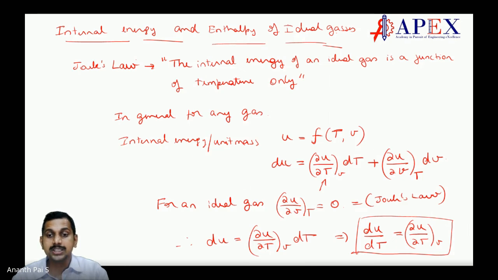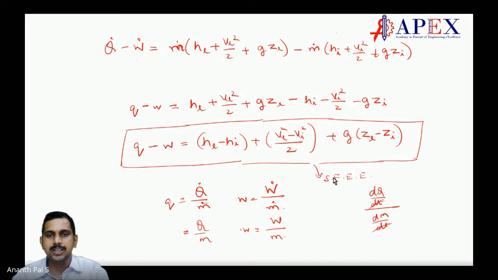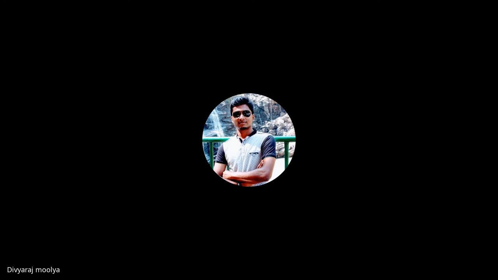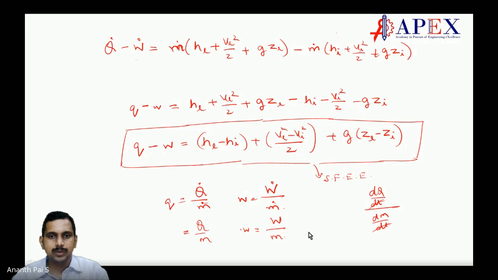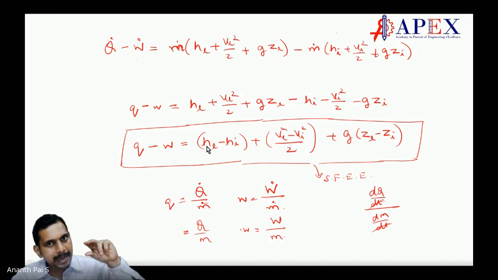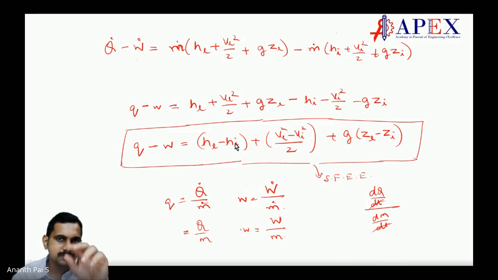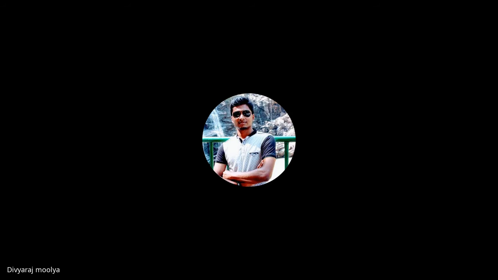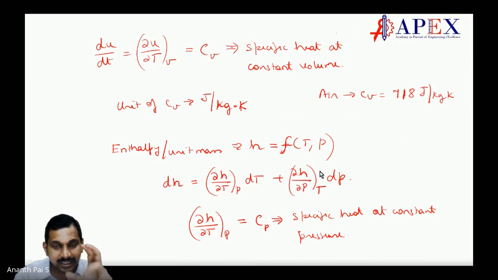But the whole thing is for the control volume. Yes, the whole thing is the control volume. But each hE is for the packet of mass which is going outside through the exit. hI is the one which is coming inside through the inlet. Making sense? Getting the subtlety of the issue.